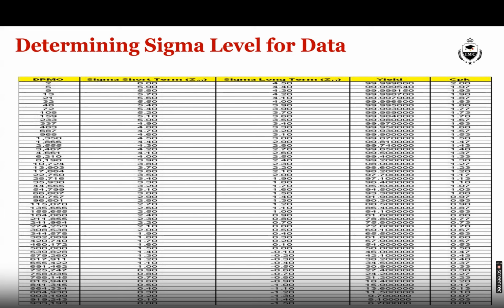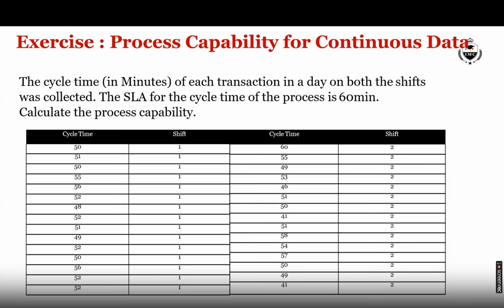But we will always calculate the process capability index based on which the sigma value is arrived at. Also, there is another concept, PPK. PPK and CPK are basically the same, but the difference is PPK is calculated from population data and is called process performance, being the population data. And CPK, as we say, is calculated from the sample data and is called the process capability index.